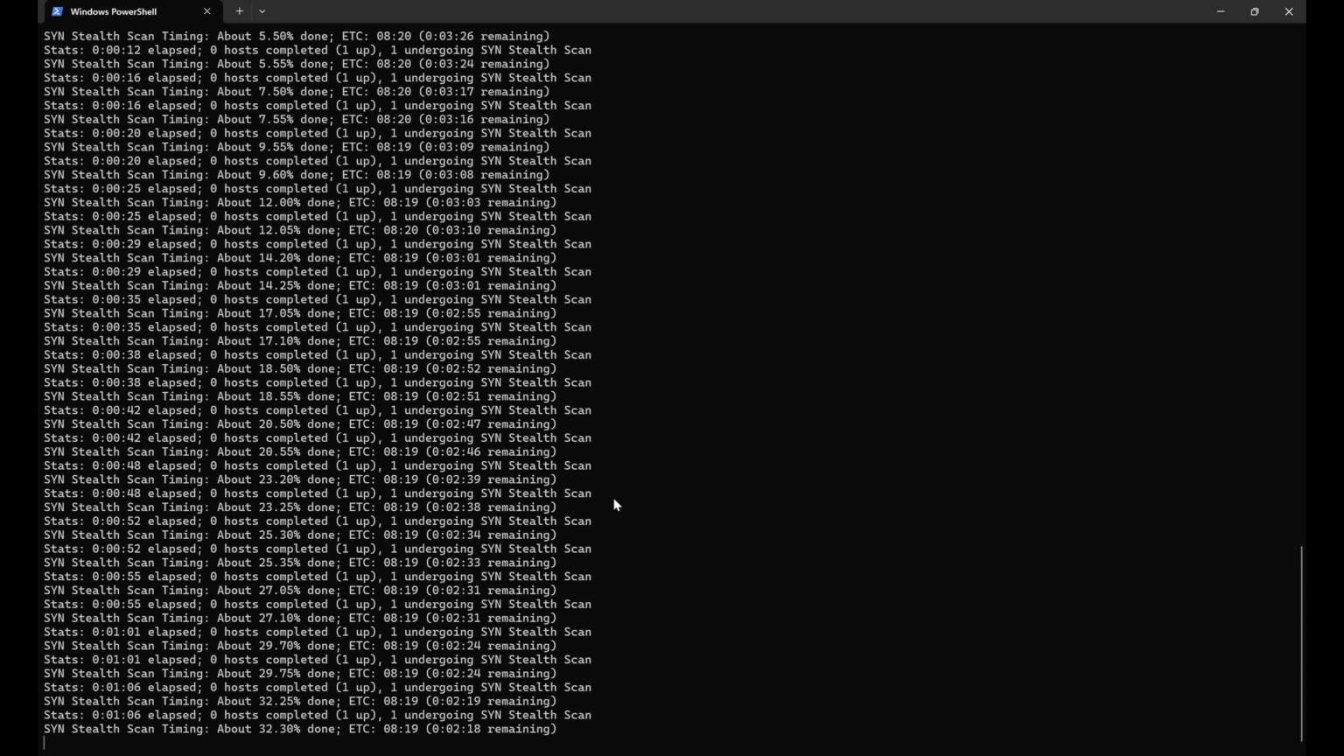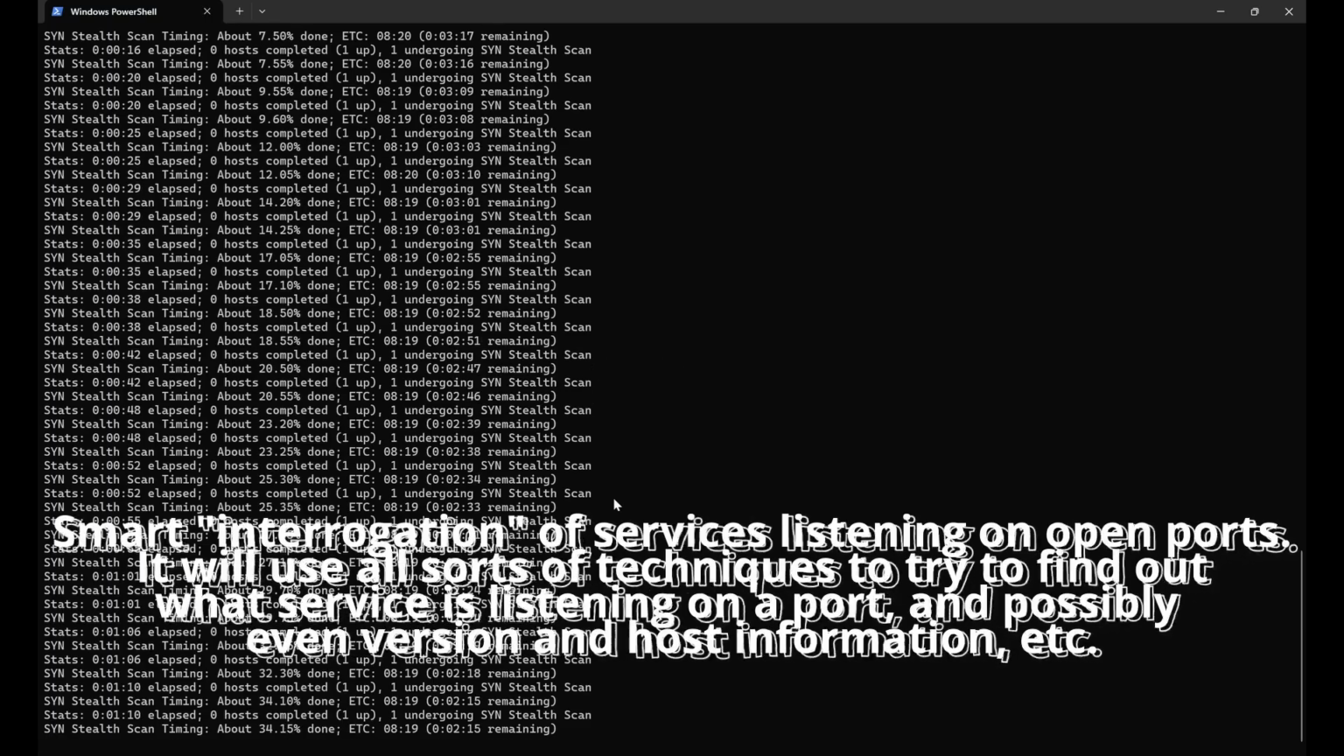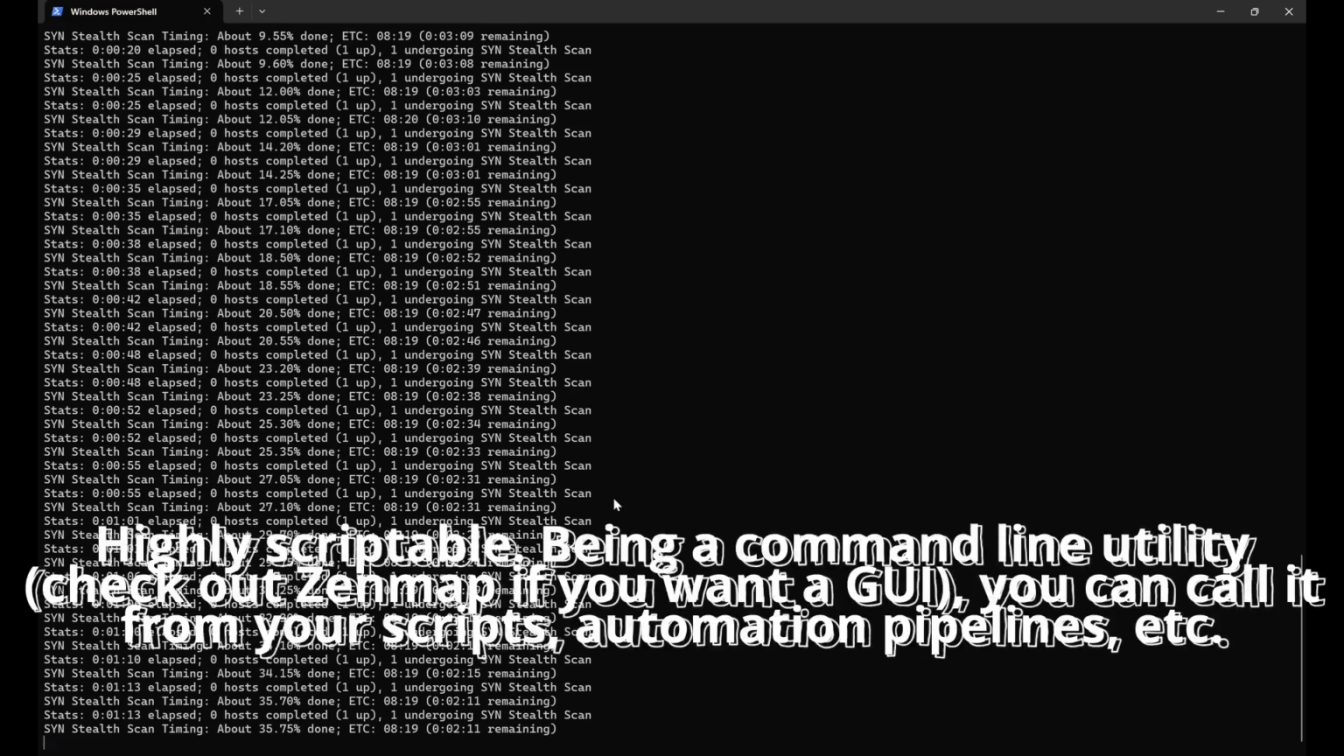Nmap pros and cons, reviews from people. Pros: smart interrogation of services listening on open ports. It will use all sorts of techniques to try to find out what service is listening on a port and possibly even version and host information, etc. Highly scriptable. Being a command line utility, check out Zenmap